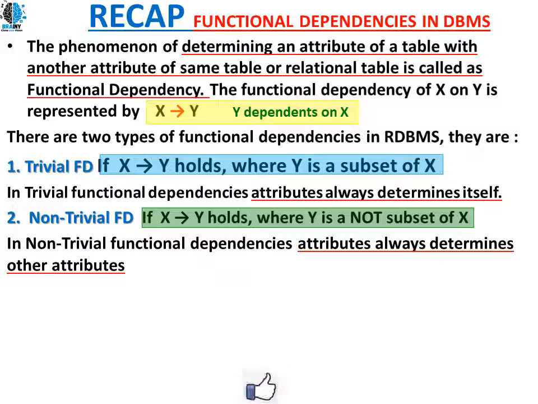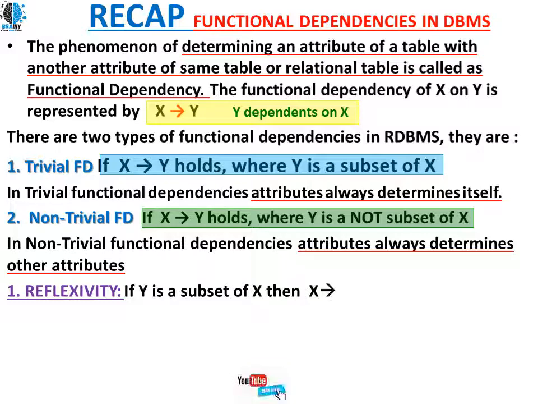In trivial, same attributes or itself, whereas in non-trivial, other attributes. So let's see the properties. First, reflexive property. If Y is a subset of X, then X goes on Y holds good. It's trivial. So this is the first type of property of our functional dependency, reflexivity.